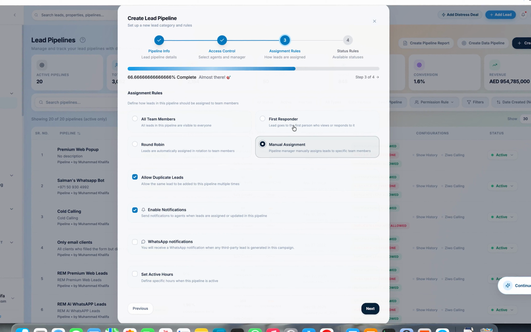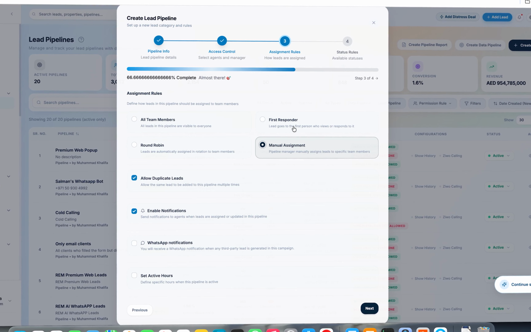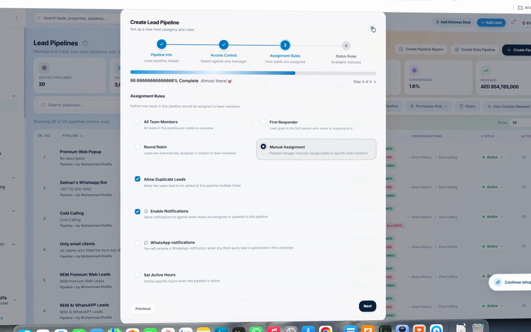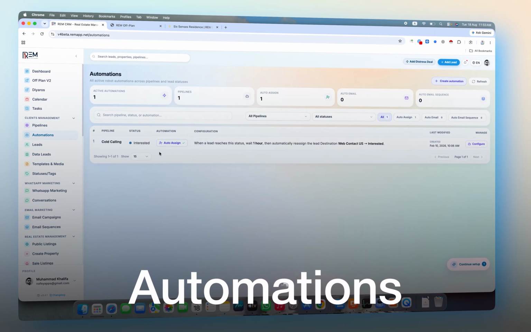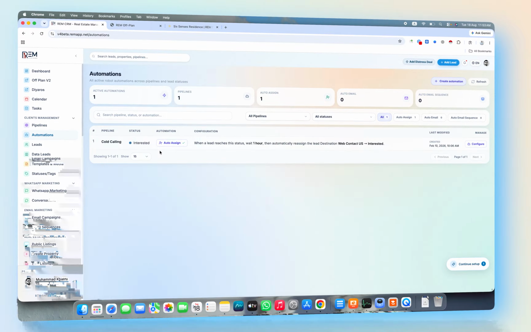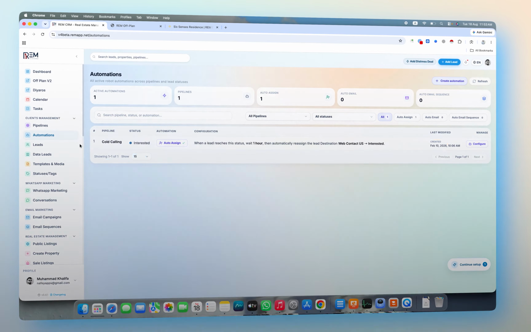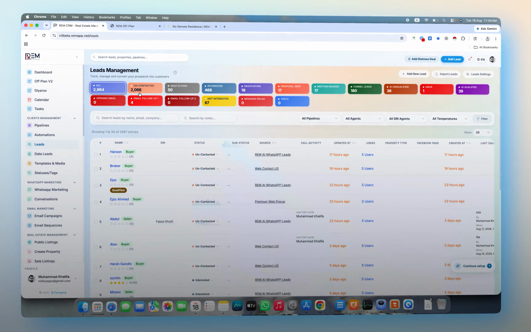And manual assignment, definitely the admin or the CEO will do this basically by himself. Every lead will go to the admin account. So this is also something. And whatever the automation you will run, whether it's any campaign for calling or email or WhatsApp, those campaigns will be over here. In the leads part, you can see these are the leads, and you can create these stages